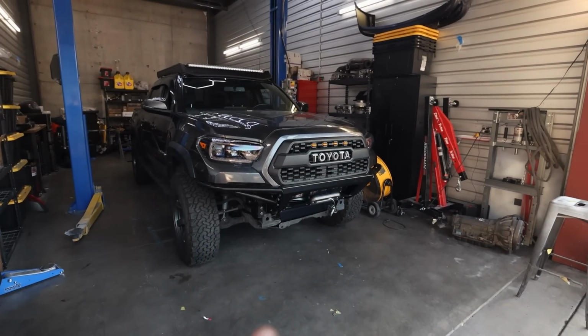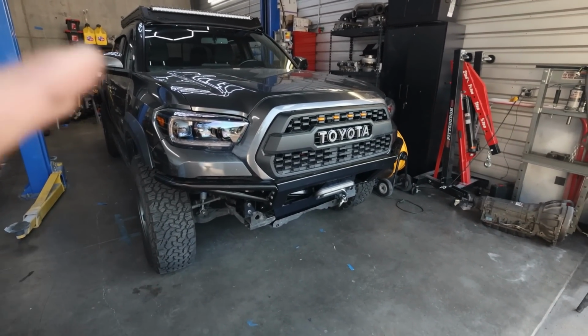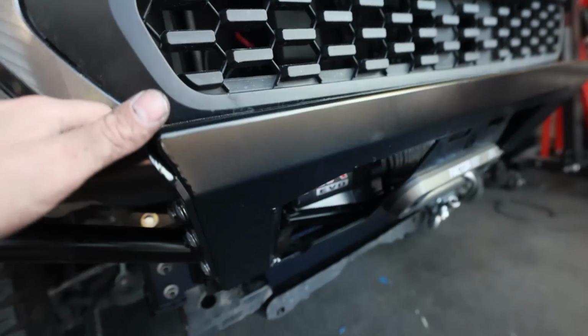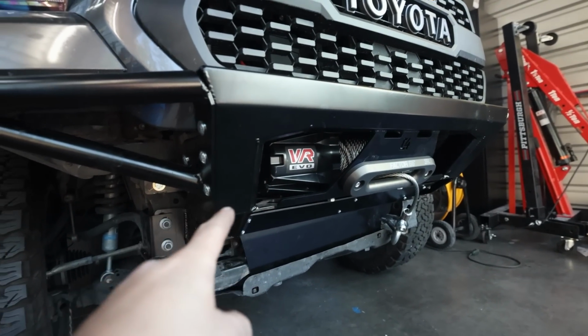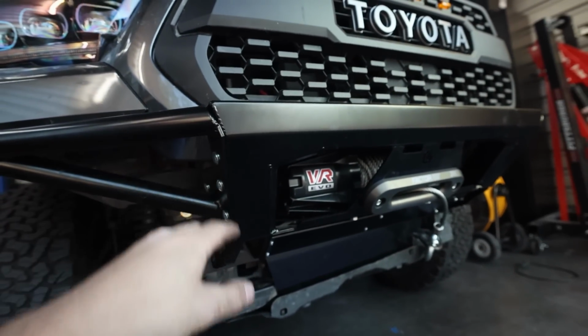We got the bumper on. The last thing you guys saw was us time-lapsing getting this thing on, because we actually had to take this back off to put it back on. It was a real pain in the butt. C4 doesn't give the best instructions with this, so the way that we ended up having to do this was we had to get the center piece and the winch bolted together, the end pieces bolted to this, and then